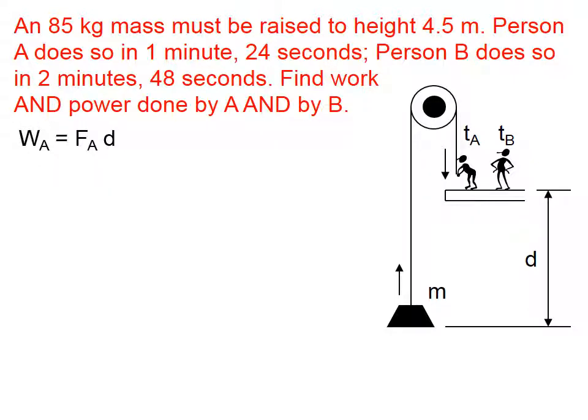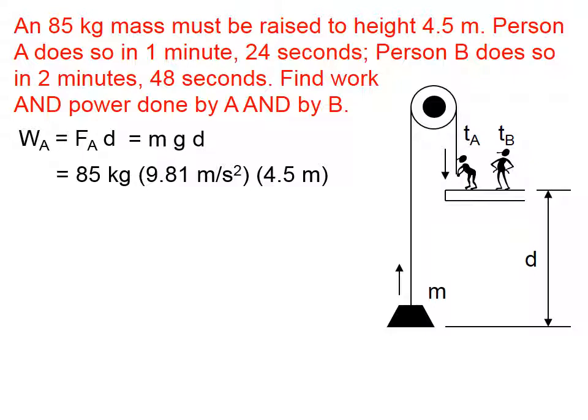So let's find the work that's done by person A. The work done by person A is the force that person A will have to exert multiplied by the distance through which that force acts. Well, to lift this mass at a constant speed, person A will have to exert a force equal to the weight of that mass. So we can calculate the work done as 85 kilograms times 9.81 meters per second squared times 4.5 meters. If we type that out, that actually comes out to be something like 3,752 joules. But to two significant figures, I'm going to report it as 3.8 times 10 to the third joules,